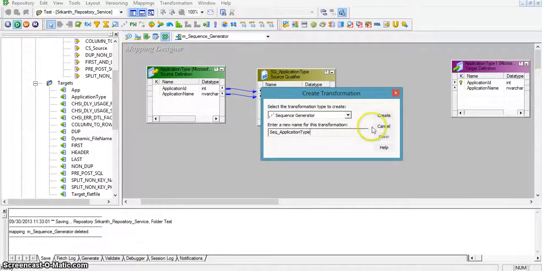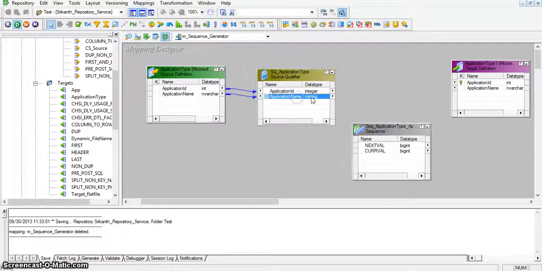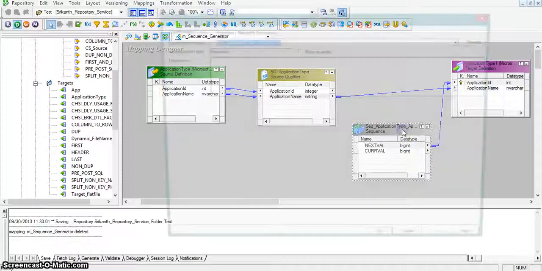This is for application ID. Now I am pointing the application name to the target application name, and for the application ID port, I am taking the next value and pointing to application ID, and going to the sequence generator properties.